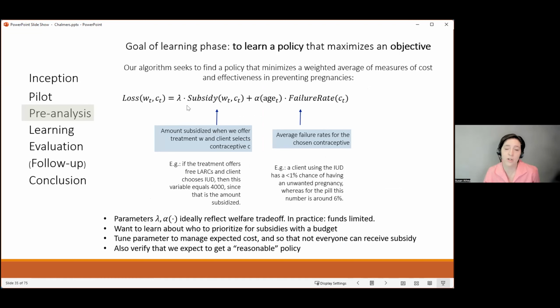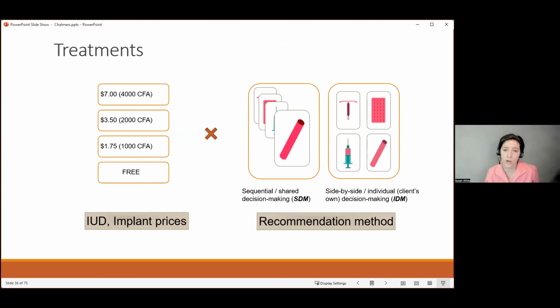And as you know, in constrained optimization, we end up optimizing a weighted average of different objectives. So here we are going to reflect the budget constraint by putting a multiplier on the cost. And then in terms of the failure rate, we're going to use failure rates from the different contraceptives from the medical literature, but we're going to prioritize failure for younger women more, so that our objective function cares more about, say, teenagers getting pregnant. Then we're going to, again, randomize.